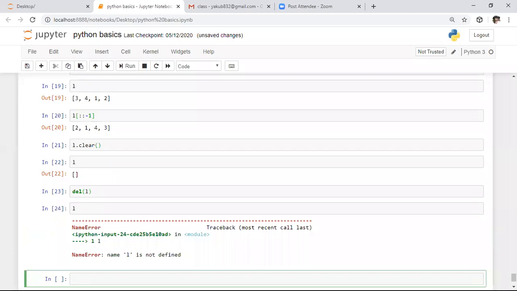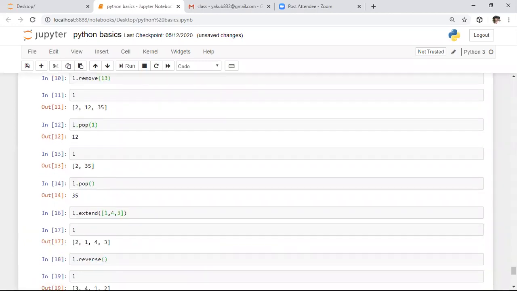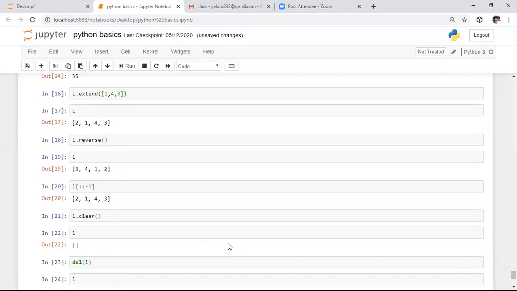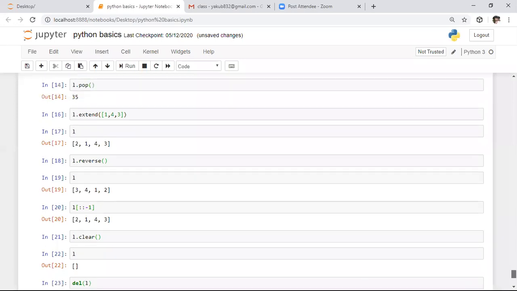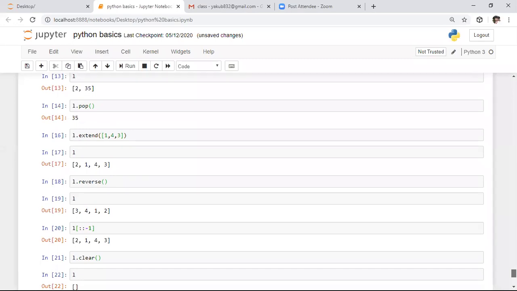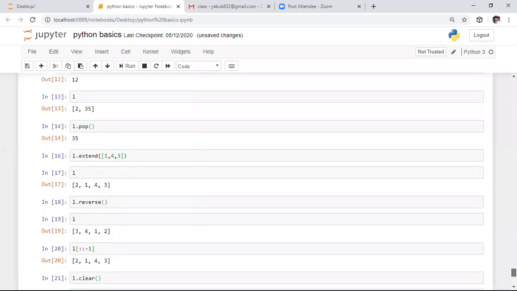So in interviews from this topic, you might get questions like, what is the difference between clear and delete functions? For that, clear is the function which is used to clear all the attributes corresponding to the list data structure, and it returns an empty list. Whereas the delete function is used to delete the entire list. And the next question is, what is the difference between pop and remove? So if you want to remove any value, we need to use the remove function.